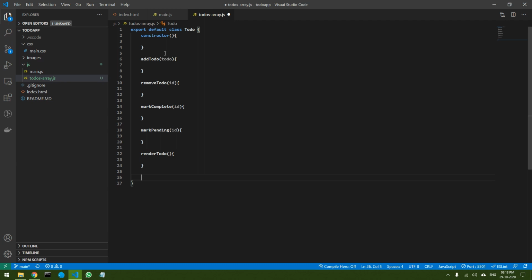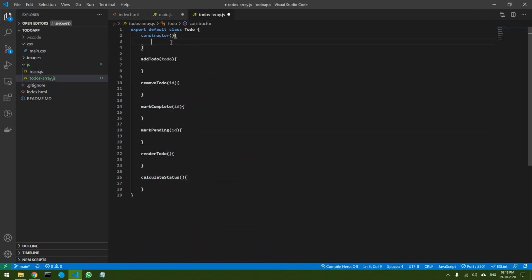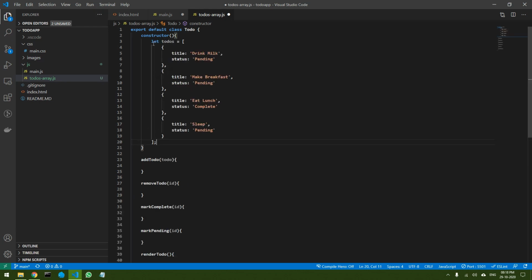I can say calculate status. Okay, so I have these functions already set. And next, now I want to start populating this. So let's come over here and let's get this to do. So we have this array already set, so I can come over here, paste it over here, and instead of putting it inside a to dos variable that will become a local variable, I want to set this as